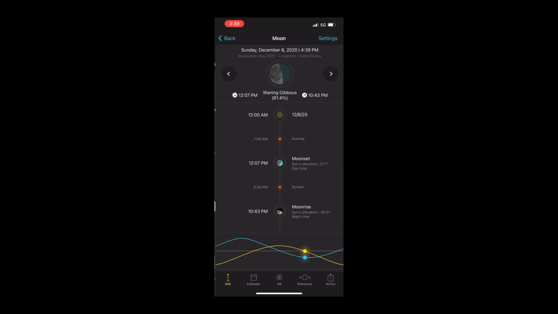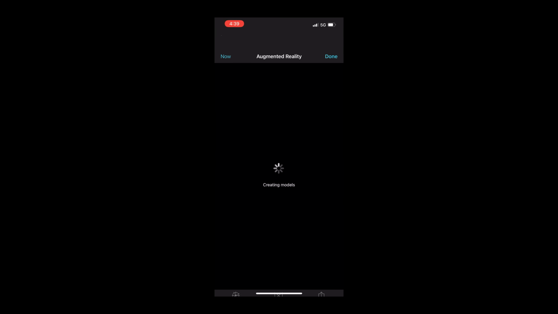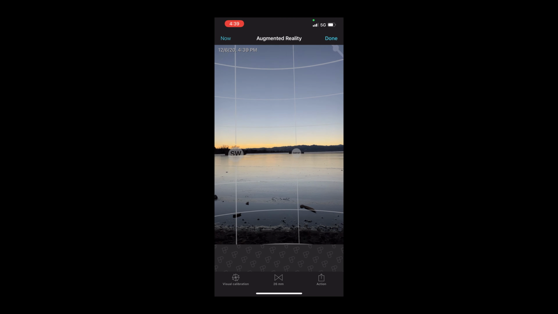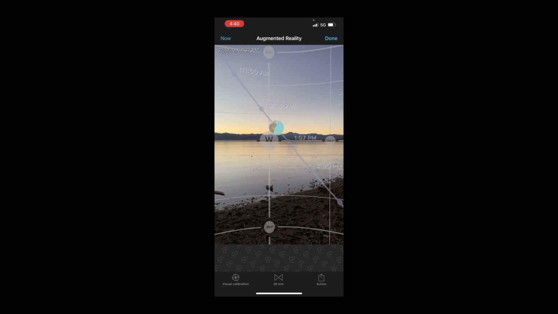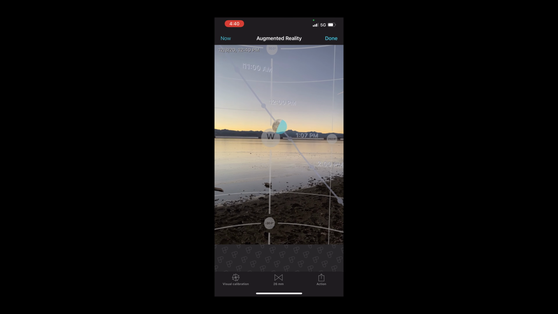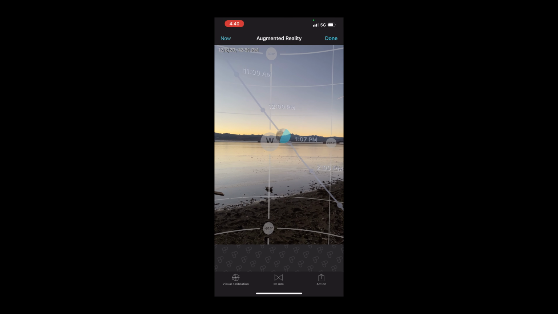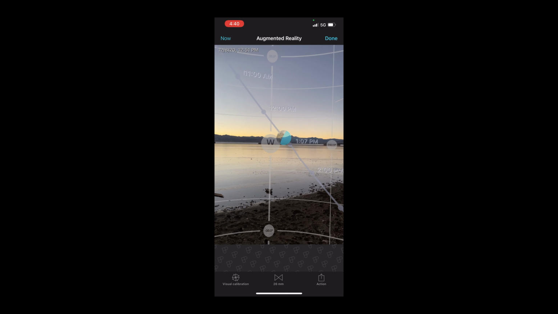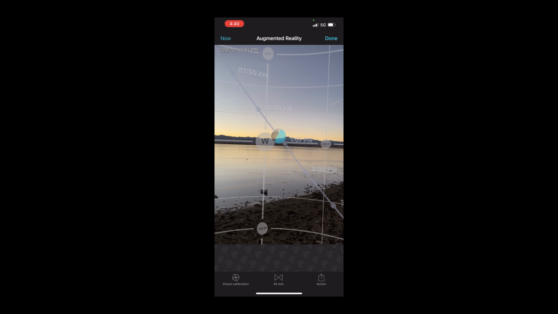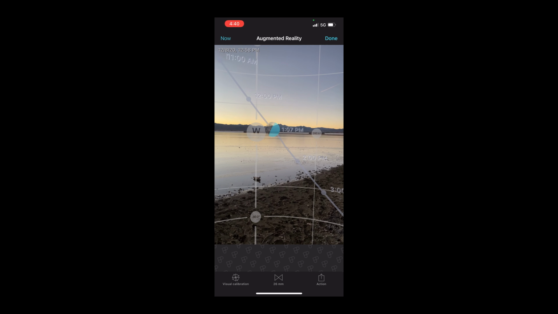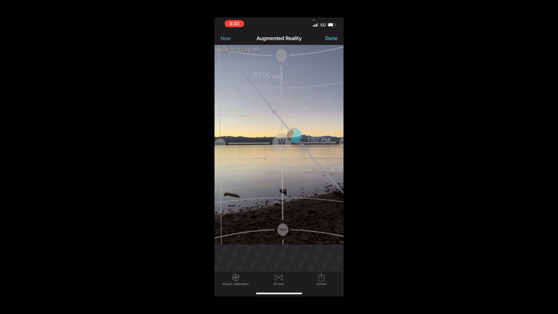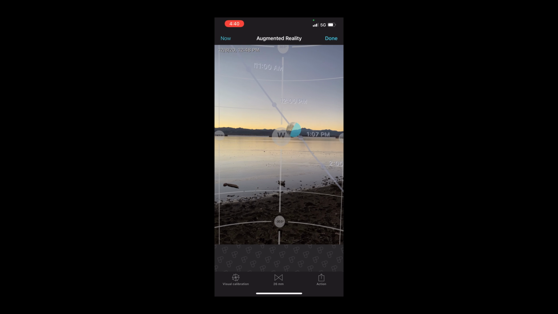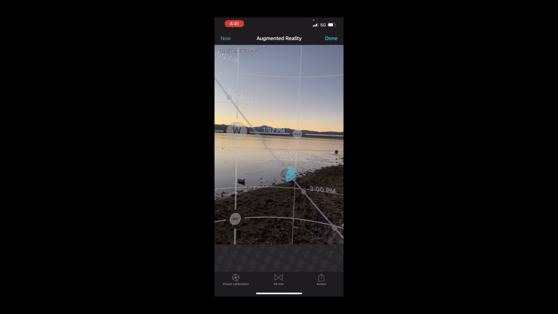And we'll go back and we'll go into the moon pill and do something similar with that. I'm going to click on the AR tab again. So as you can see, I'm out here, it's about 4:40. So the moon actually set from this location just to the left of Mount Meeker and Long's Peak over there about 1 o'clock this afternoon. So if I was out here trying to get, that's not an ideal time to shoot a moon set because it's kind of better in a softer light, but